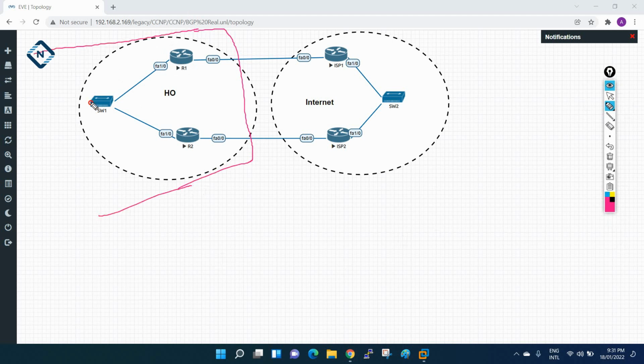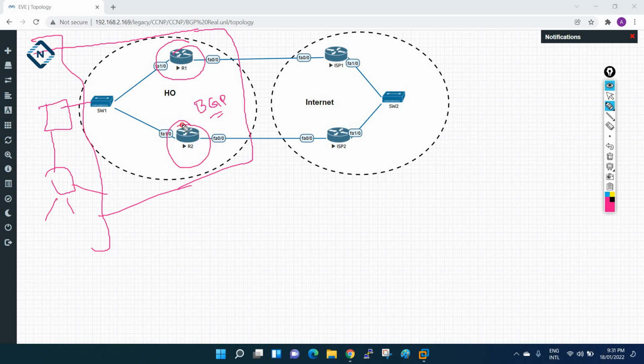Here you will again have switches, the distribution layer, then the access layer, then the end devices, but we are not considering that in this lab because here we are going to learn BGP. Now this is R1, gateway 1, and this is gateway 2.